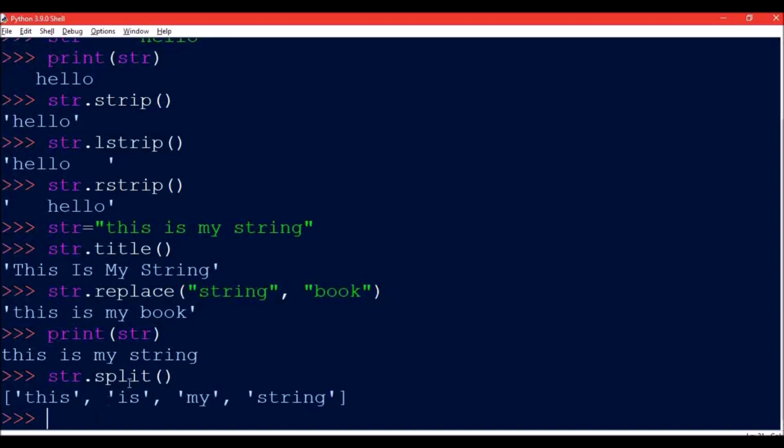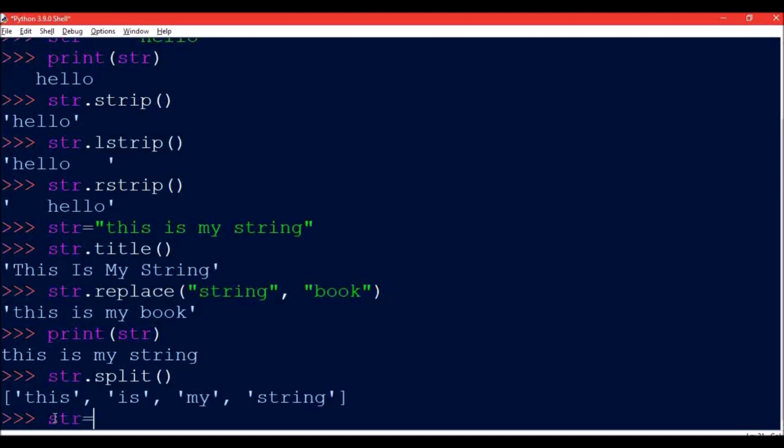So the space that is there after every word over here, this is the space and this is the space. On this basis the splitting will be done, and a list is always denoted in square brackets, and each and every word will behave as an element of the list.